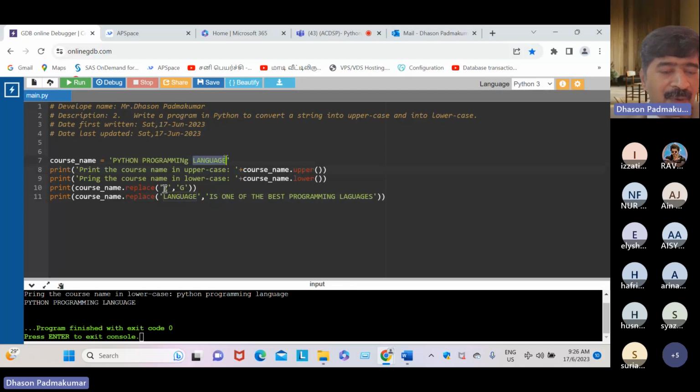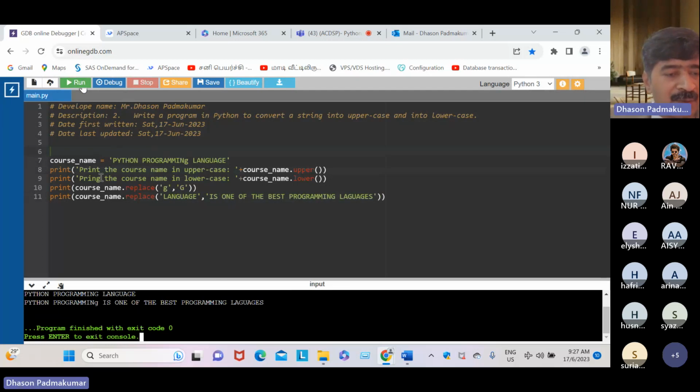So here we learn how to replace just a single string, just a single character, right? Okay. So a string may be one letter or a few letters, no problem. Just like, dear student, g been replaced with capital G. Now next, this is the word language. We're going to replace this with is one of the best programming languages, right? Okay, so now you run the program and see how it works.